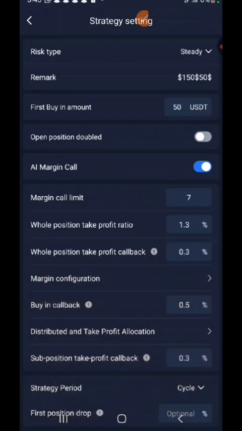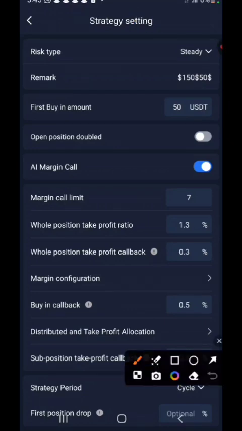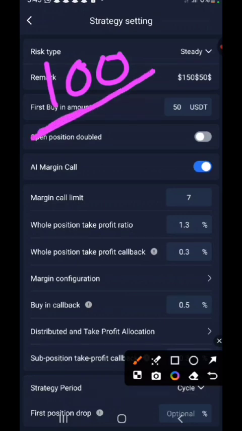So I'm going to also look for the second buy. This was my first buying amount. So after my calculations, I remained with $100. With this $100, I would like to buy 10 times. So to buy 10 times, I'm going to look for my second buy. I'm going to get the $100 divided by the number of times that I would like my robot to buy